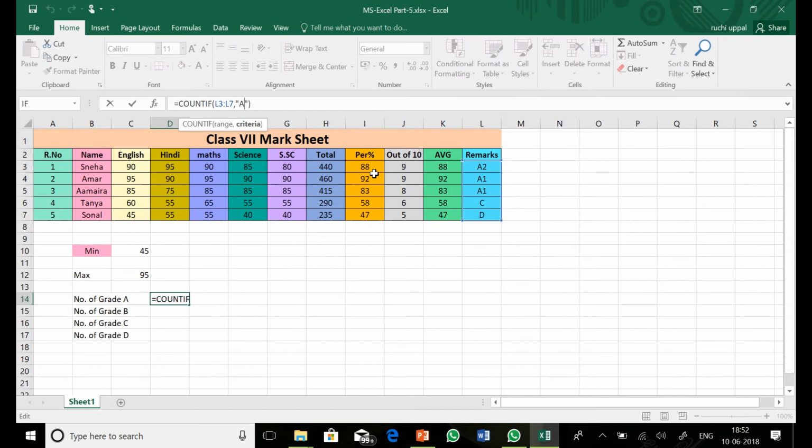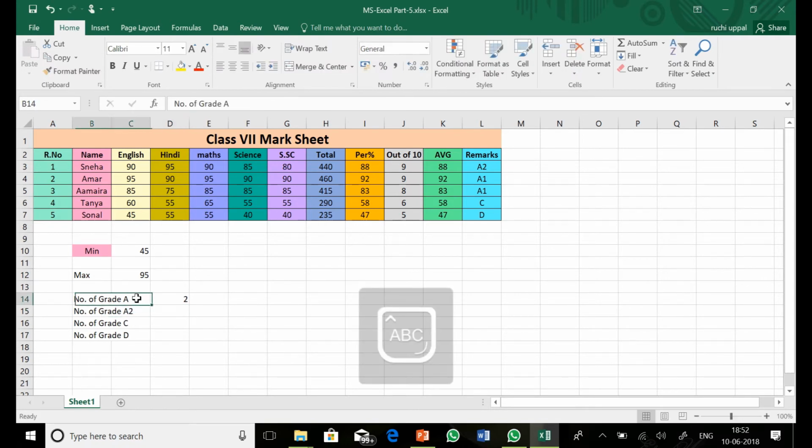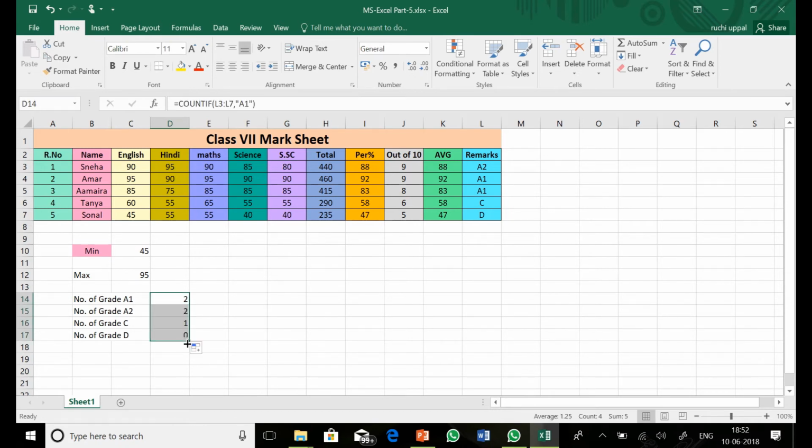So let's write it here. Let's see how many A1s are here. Wow, there are 2 A1s. In the same way I can calculate for B. We don't have a B grade, so we can write A2 here. Clear? If B is not there, it will calculate 0. If I drag it,